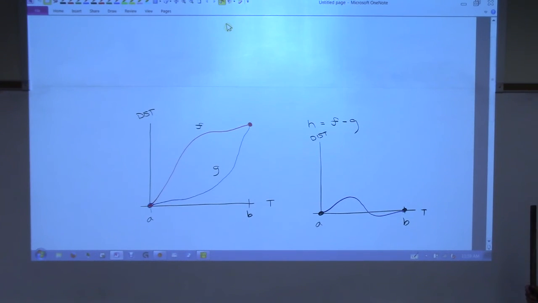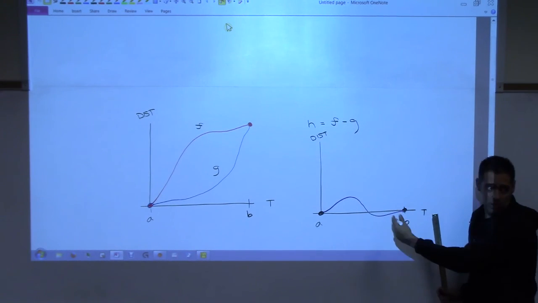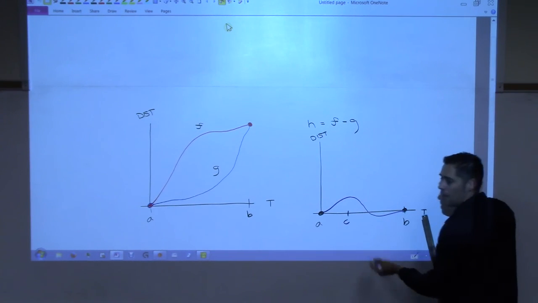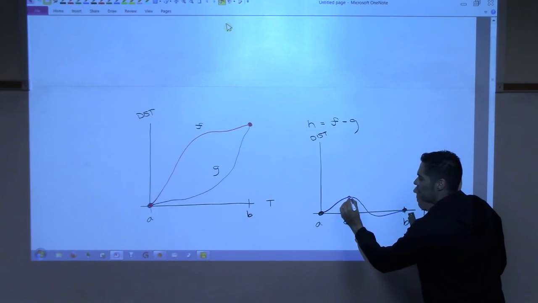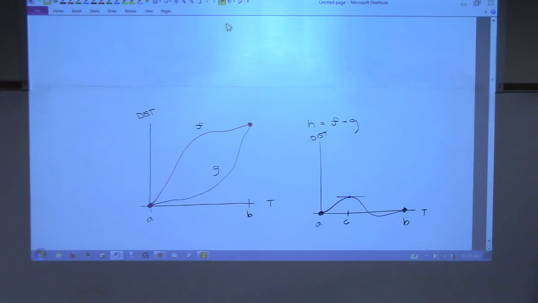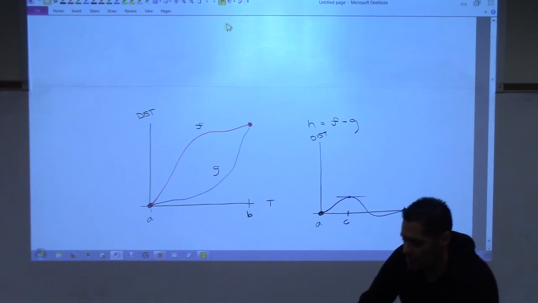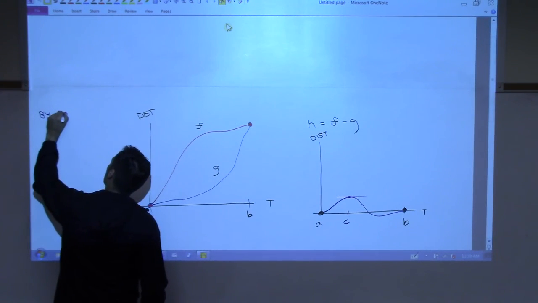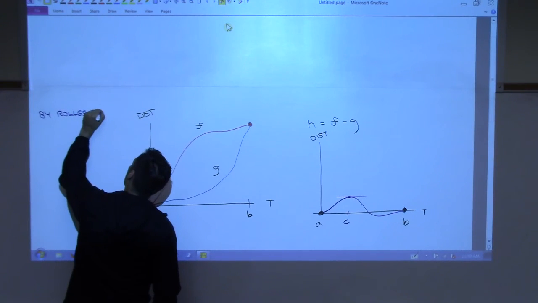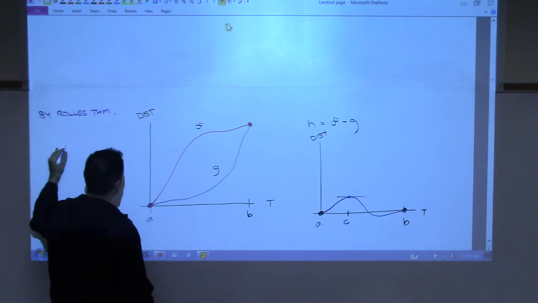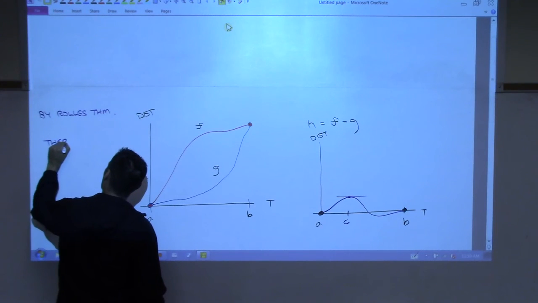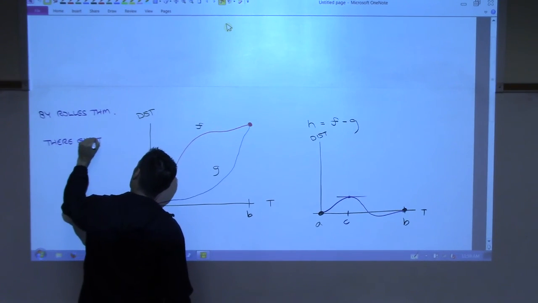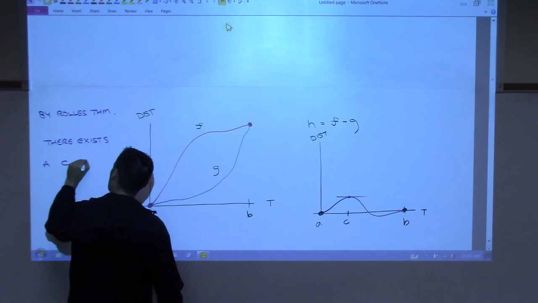What does Rolle's theorem tell us? That the derivative 0 has to be somewhere in here, right? Let's say here, I'm making it up, c. Somewhere, the derivative is what? 0. Agreed? By Rolle's theorem. So I'm going to state that up here. By Rolle's theorem, we have that there exists a c such that